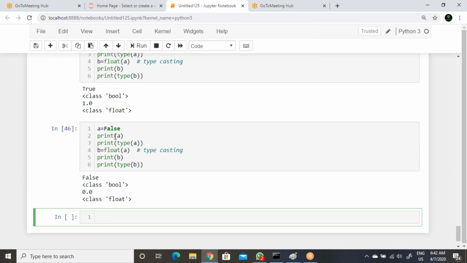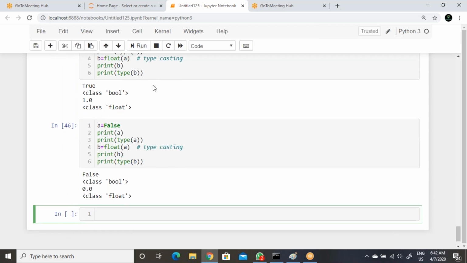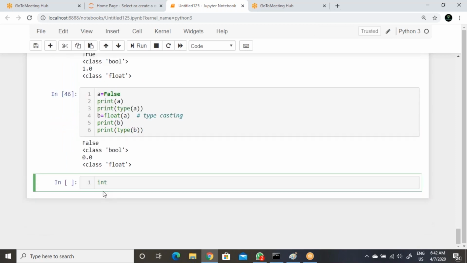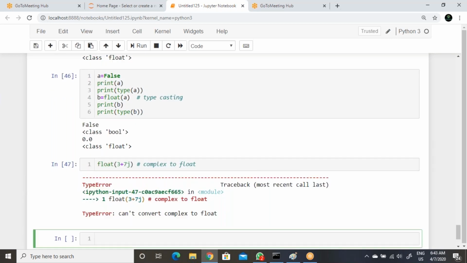Now execute. Can't convert complex to float. Like in integer, it is also not possible. Same thing, float of 'India'. So it is from string to complex or float. Execute. We could not convert string to float.